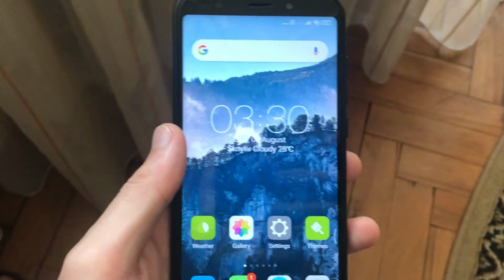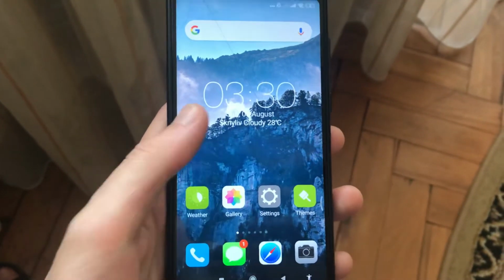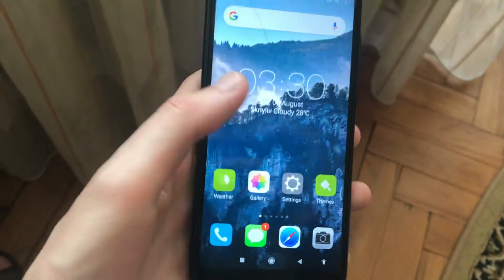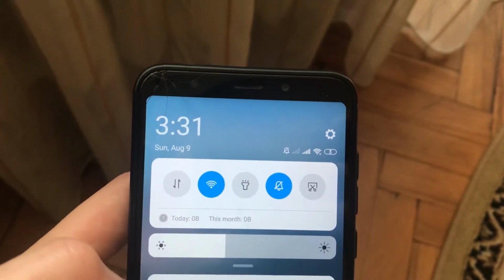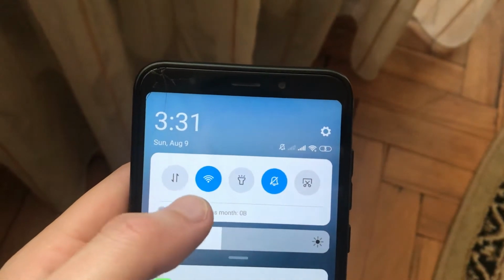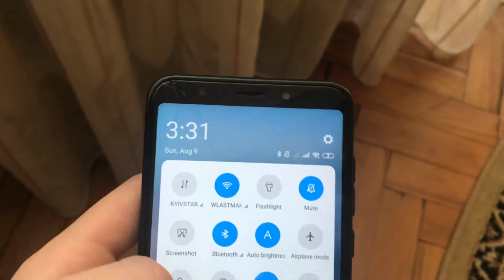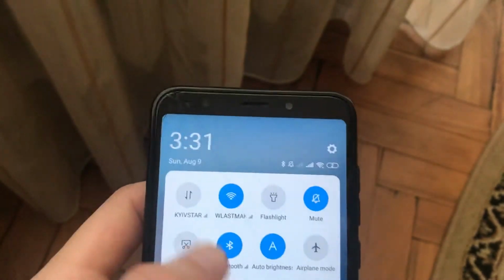So if you can't use your hotspot on your Android device, the first thing you need to check is, just swipe up, and check if you turned on your Wi-Fi and your Bluetooth. These two things need to be enabled for using this. So after you check it,